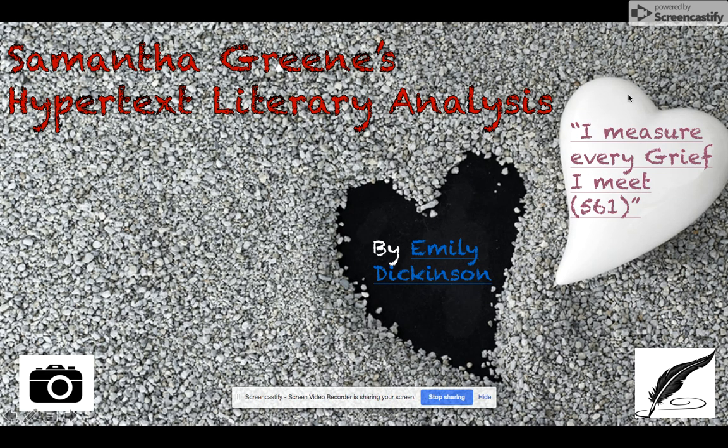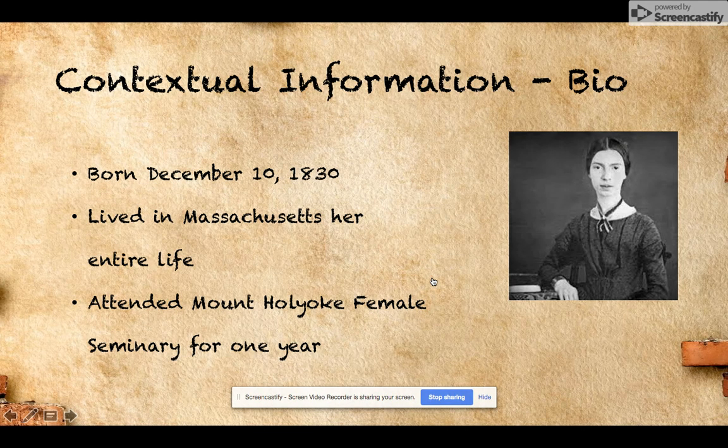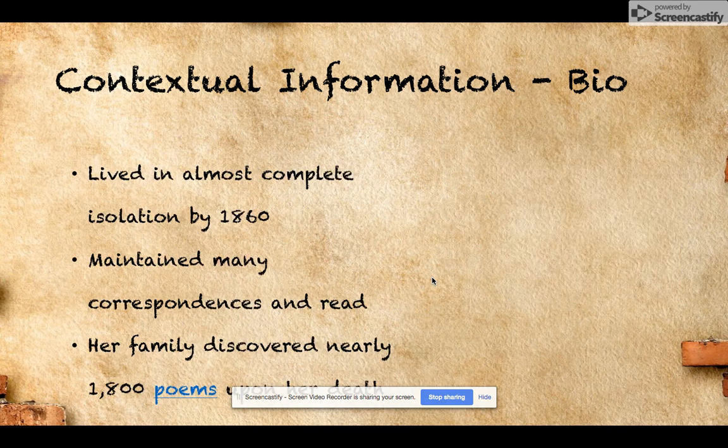So that's the first part of the assignment, making the poem a kinetic text. The next part is talking about the author and providing contextual information for the reader. It's pretty standard, and there are hyperlinks in this section as well. So for example,